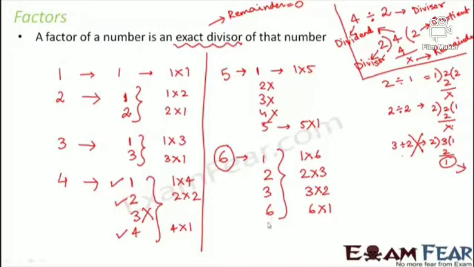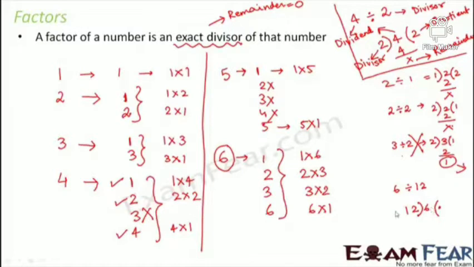Do you think that you can have any number which is greater than 6 as factor of 6? Do you think that 12 can be a factor of 6? No, it cannot be, because if you divide 6 by 12, what happens? 12 divided by 6. So what do you get? You will get a result in decimals,